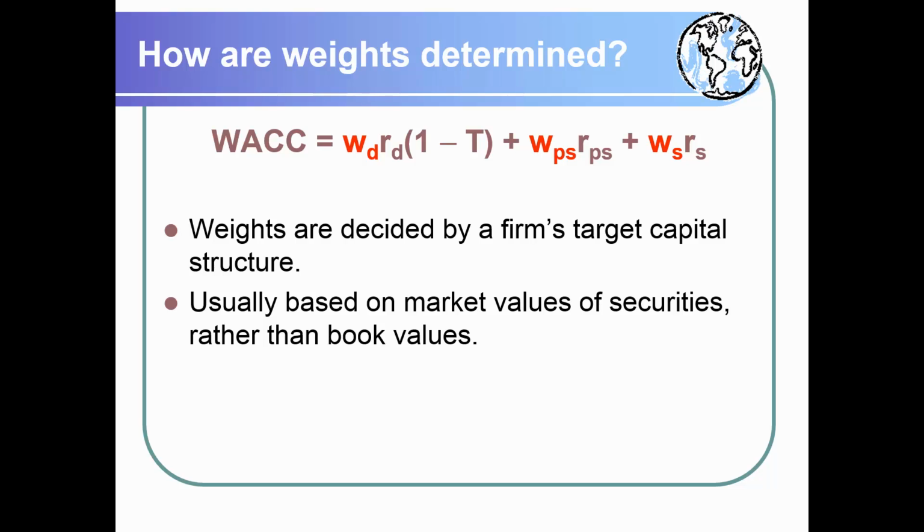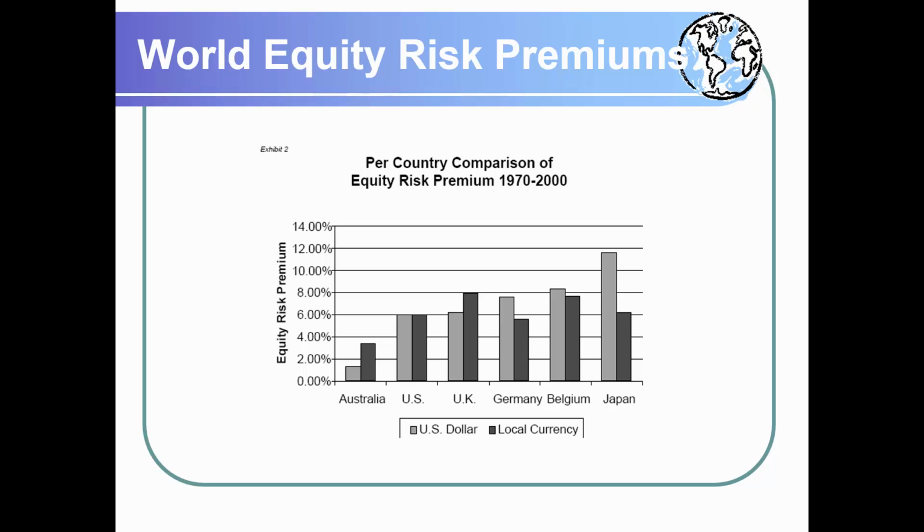So all said and done, we want to use the market value of common stock and the market value of preferred stock. But in practice, what people typically do is use the book value of the bonds outstanding. The reason is, one, it's very difficult to find the market value of bonds because bonds are not frequently traded. The second is that usually there's not much of a difference between the market price of the bonds and the book value.